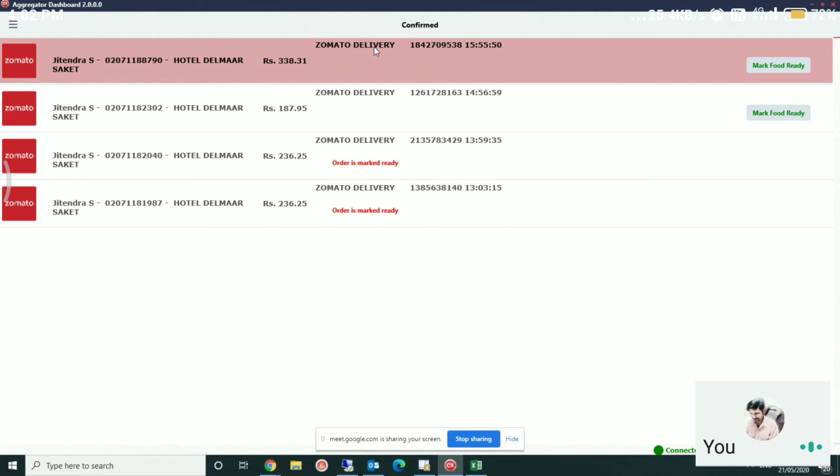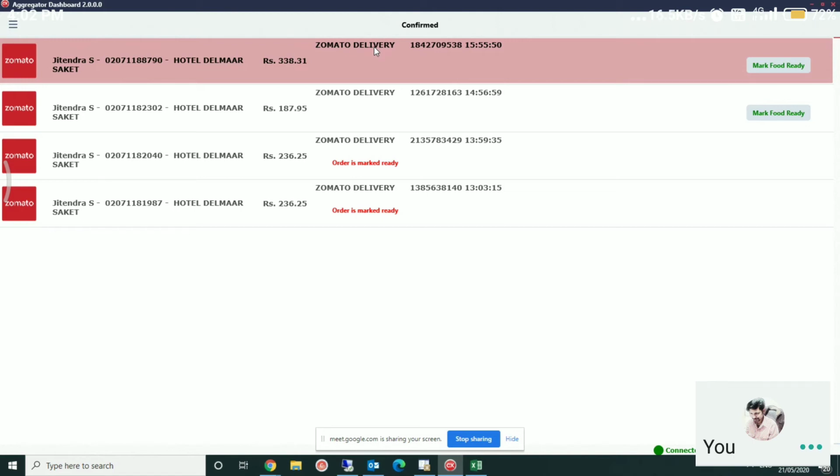Okay. So if you are into the hybrid model, here is how Zomato works whenever the drivers of Zomato are not available. If you are not into the hybrid model, they turn off your restaurant on the portal. They don't allow customers to place the order. So on the portal, your restaurant will be shown as off, if you are not into the hybrid model.